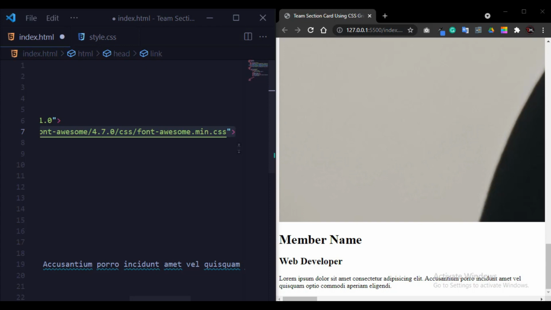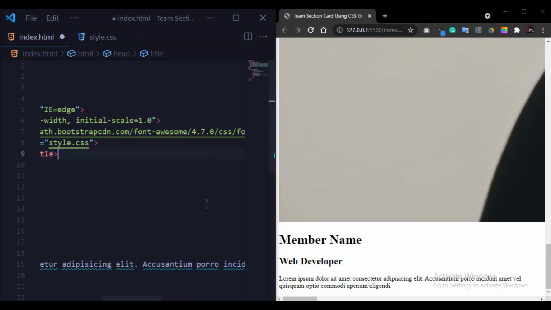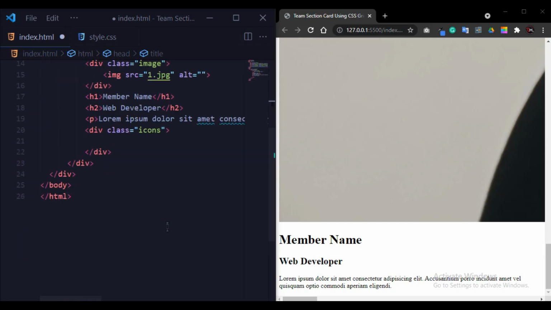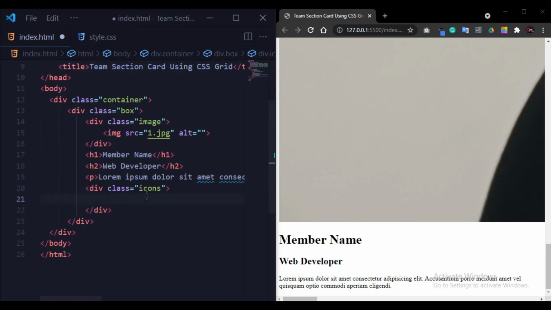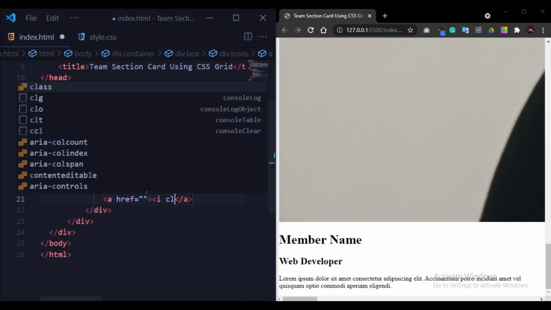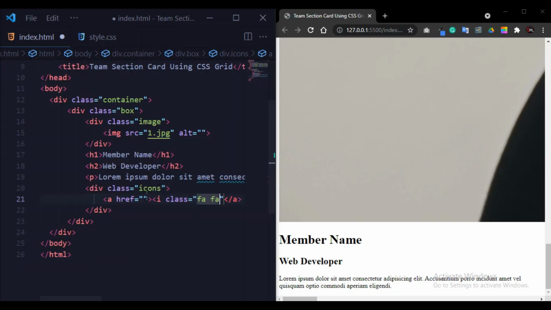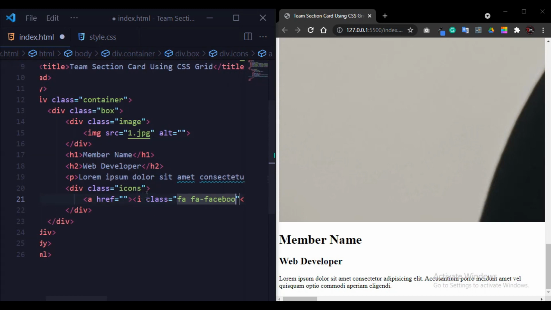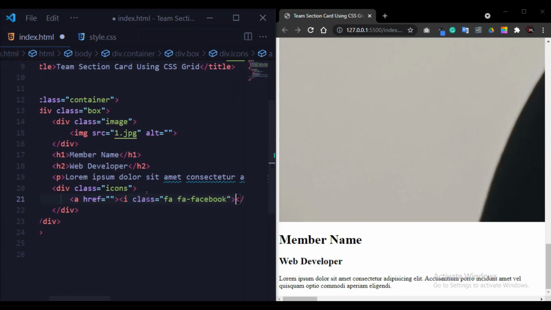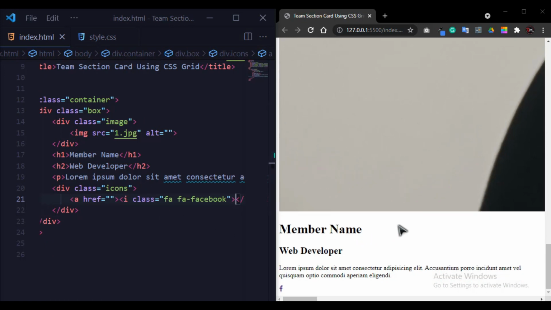Just copy these links from the website, and after that use the icons as per your choice. So now I will create some icons: i class fa fa-facebook. Control S, it is important.